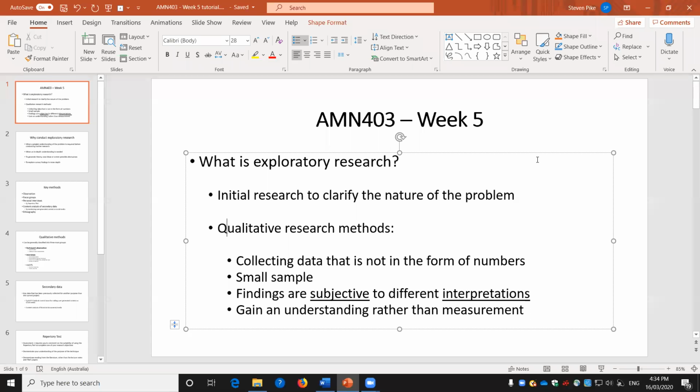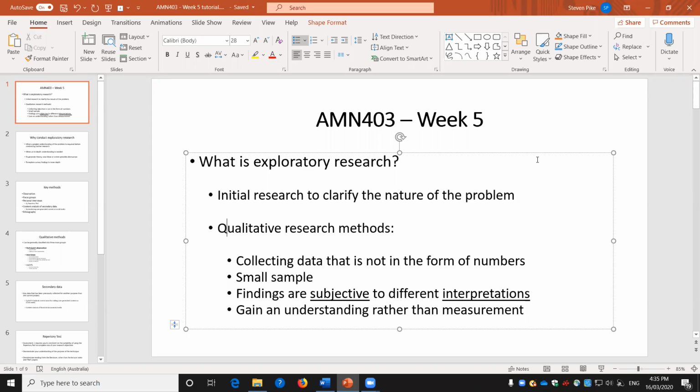Whereas in quantitative research with a quantitative data set, if we all undertake, as we will in this unit, the same data analyses on the same data set, we should all get the same results. But with qualitative research, we don't have those sorts of tools. It comes down to interpreting the words on that transcript, and so different readers will come up with different interpretations of that. So as I say, in market research, it's very, very valuable